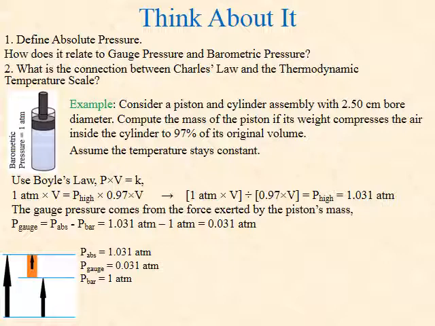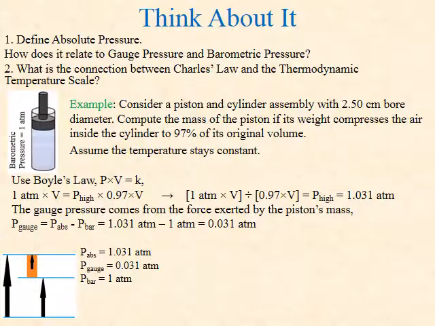First, we approach this as a Boyle's law problem, setting the initial pressure equal to the barometric pressure, which is 1 atmosphere, with initial volume equal to V. We can solve for the absolute pressure by setting the final volume equal to 0.97 times V. Then we can obtain the gauge pressure by subtracting the barometric pressure, which is 1 atmosphere, from the absolute pressure, which is 1.031 atmospheres. After doing the math, we conclude that the force exerted by the piston results in 0.031